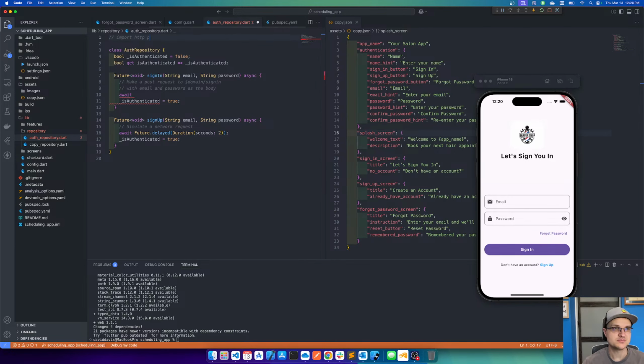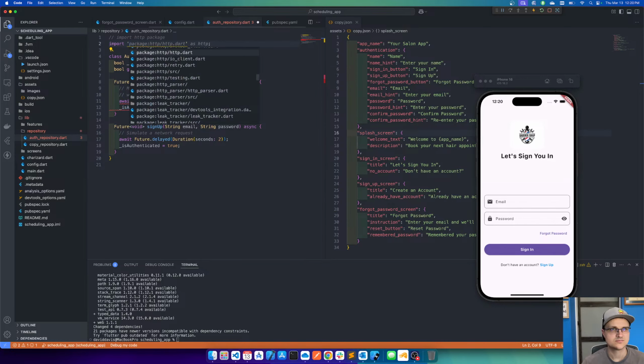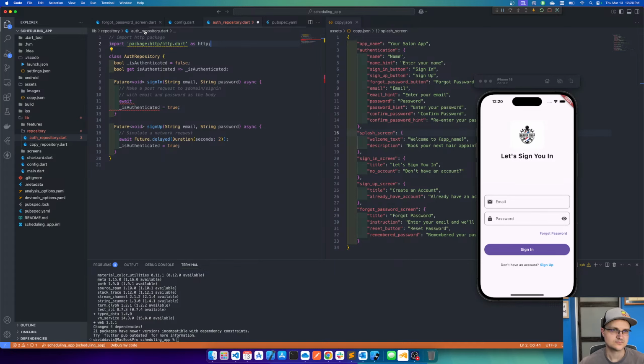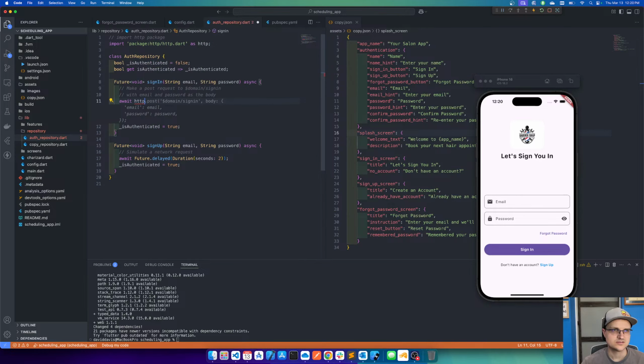Import HTTP package. Yeah, I was gonna say, I don't know why. So,